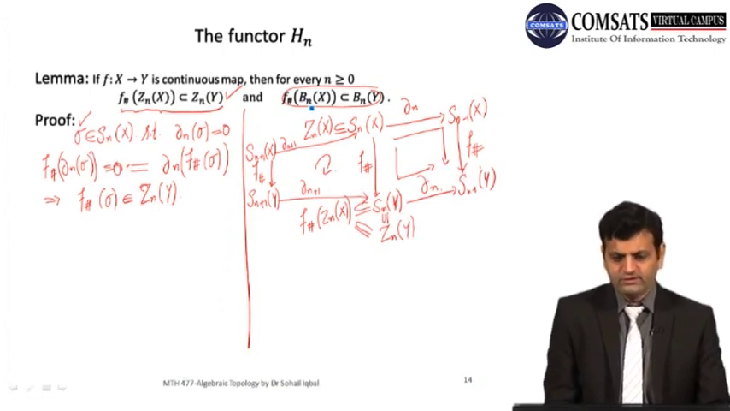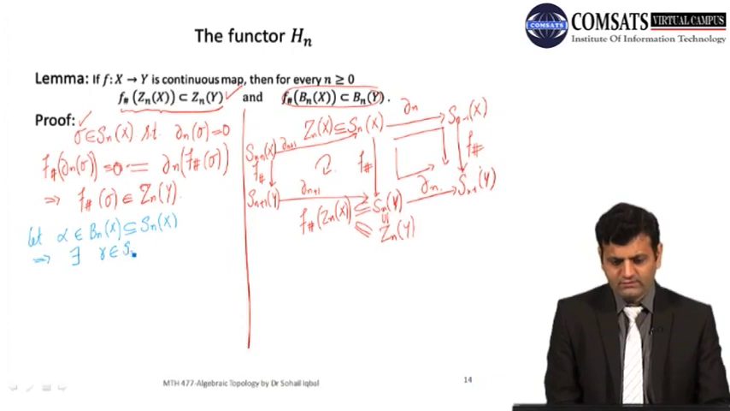Now let's see how to show this result. So let alpha belong to Bn of x. So alpha is a boundary, which is contained in Sn of x. So what does this imply? This implies that there exists, let's call it gamma, belonging to